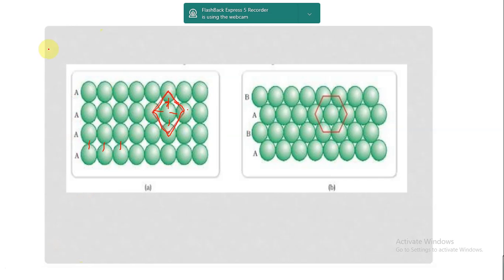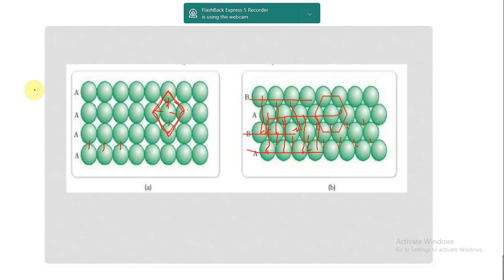But there is another way of placing the atoms in 2 dimensions, and it is what we saw in the video, that we are placing the second atom in the vicinity of the first atom, like here. In the vicinity we are placing the atoms. Again we are placing in the vicinity. So in this process, if this is A type, then this will be my B type layer. And again, you see this is coming in one line, isn't it? The centers are coming aligned together, so it will again be A type, and this will be B type because this is aligning with my B layer. So this is my B type.